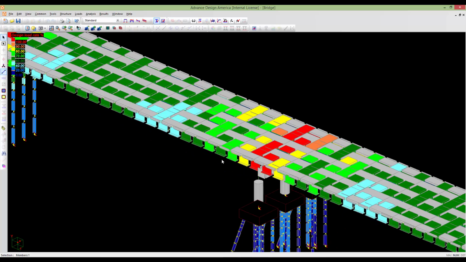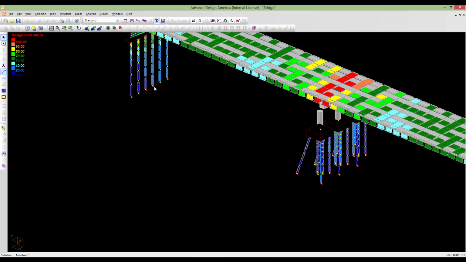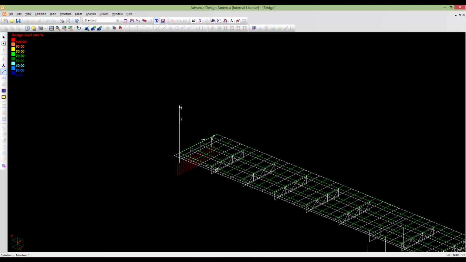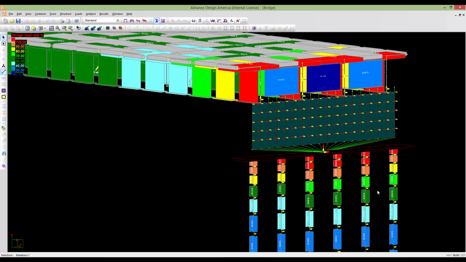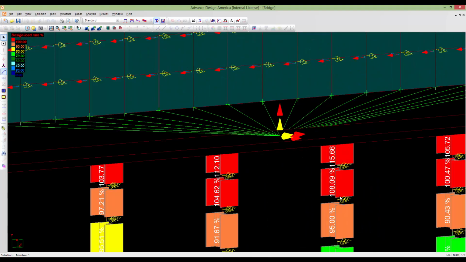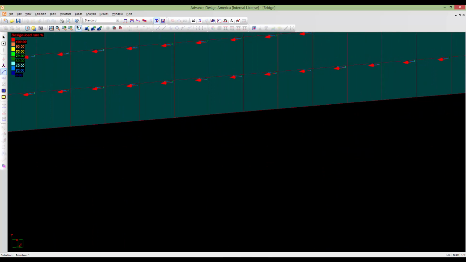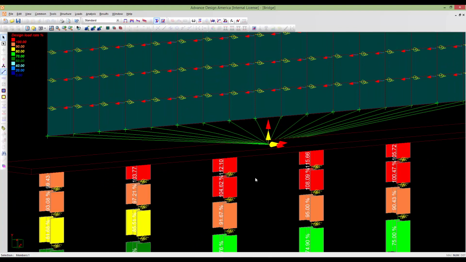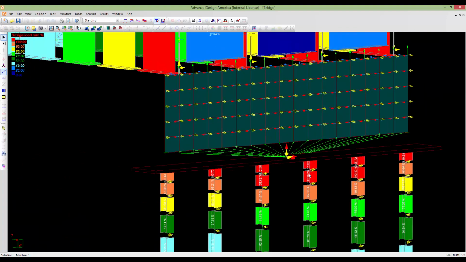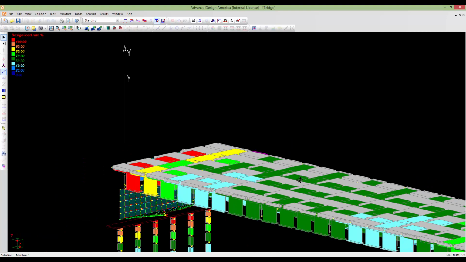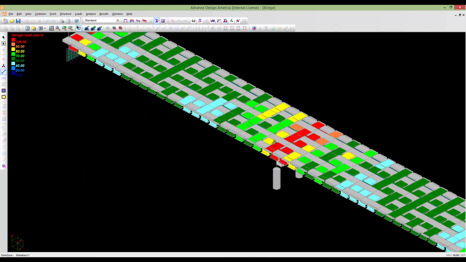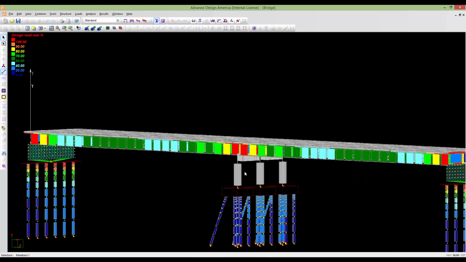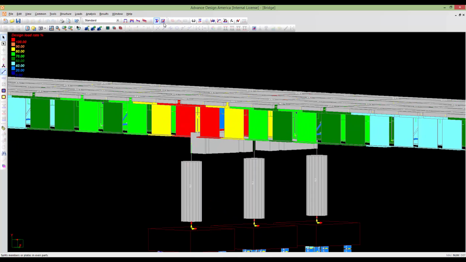And as you see here, for our piles, most of them are fine, and we have just some small parts here which are a little bit over and have higher design load ratios, so you can always modify your sections. And if you want to check the concrete design results, you can always go to concrete mode here